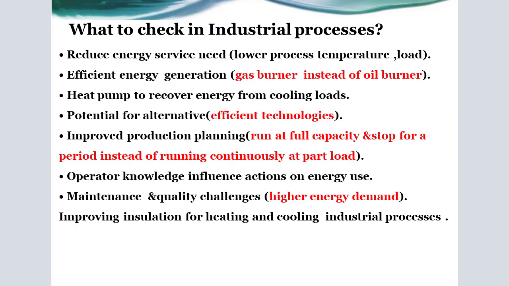By reducing energy service need, such as lowering the process temperature or lowering the load, and checking the efficiency of energy generation, for example by using a gas burner instead of an oil burner, and using a heat pump in order to recover energy from cooling loads, and checking if there is a potential for alternative efficient technologies,